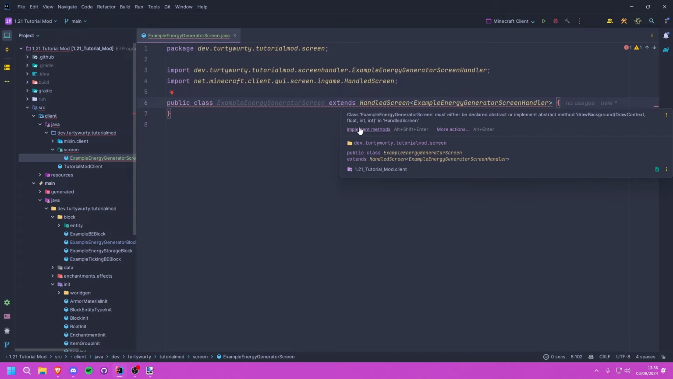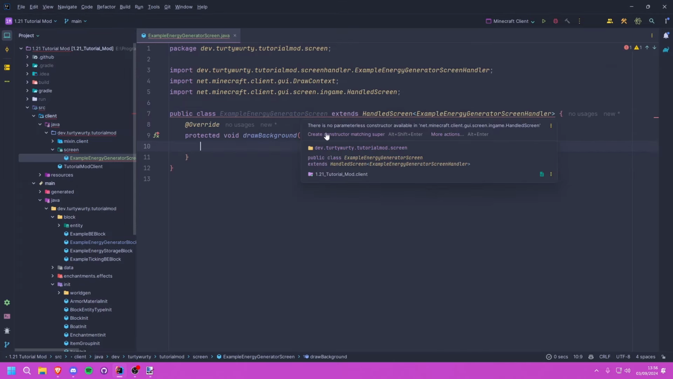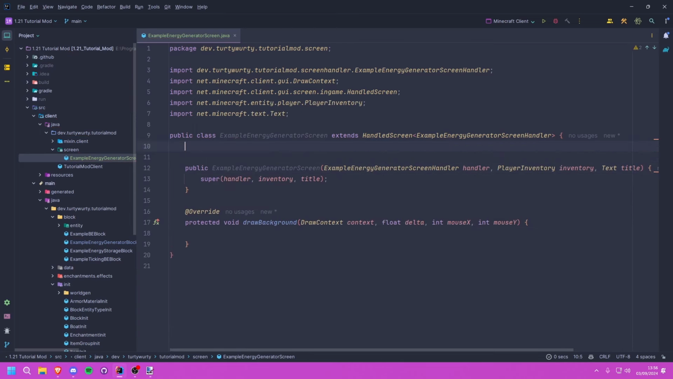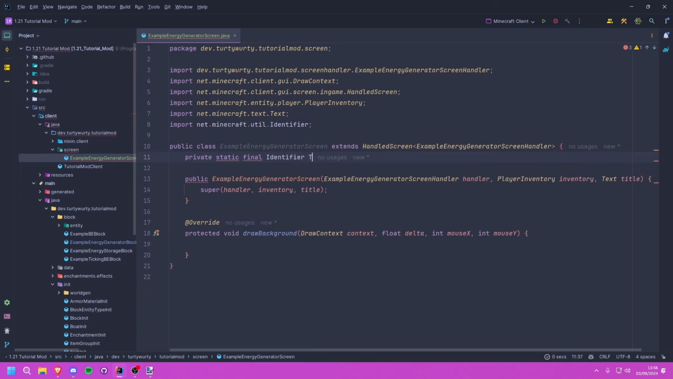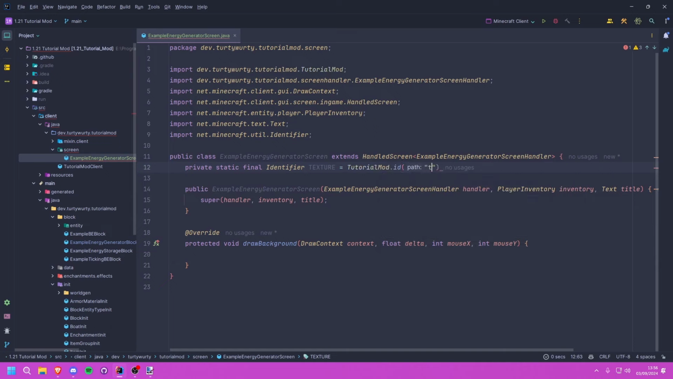Then we need to go ahead and implement the method, which is drawBackground, and we can go ahead and create the super constructor as well. The first thing we're going to do is create an identifier, which will be used to locate our texture. So I'm going to create a private static final Identifier. I'm going to call that TEXTURE, and that will be equal to TutorialMod.id, which will take in textures/gui,